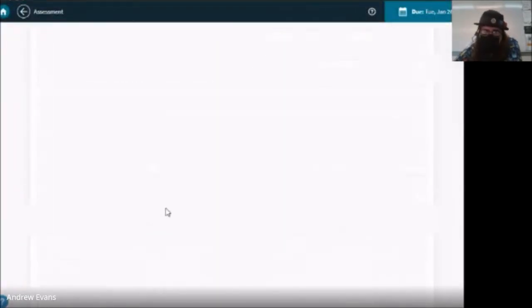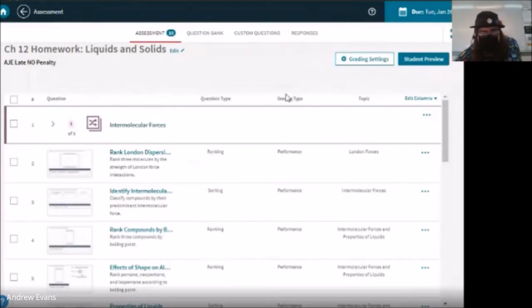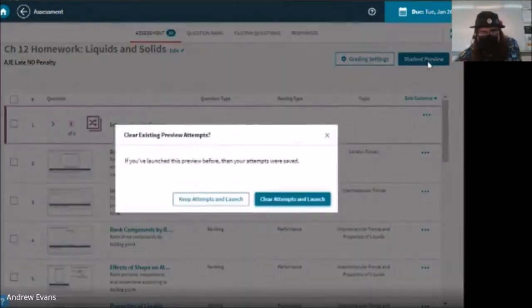So I've changed how I've done the homework where the assessment's due sooner, but I'm no longer going to penalize you if you don't get it done before the due date. I'm trying to give you a due date so that, it would be great if you could get this done by this time, but you can still go back to it later. I want to try to encourage you to